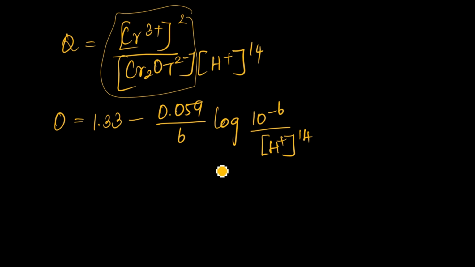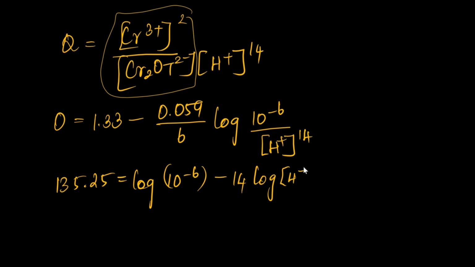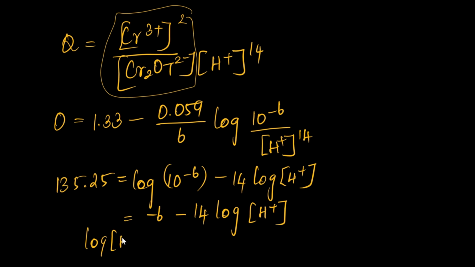So by simplifying this, you will get H plus power will come before. So 135.25 is equal to log 10 to the power 6 minus 14 log H plus, correct? So this power also I am taking inside. So minus 6 minus 14 log H plus. So overall it will become log H plus is equal to minus